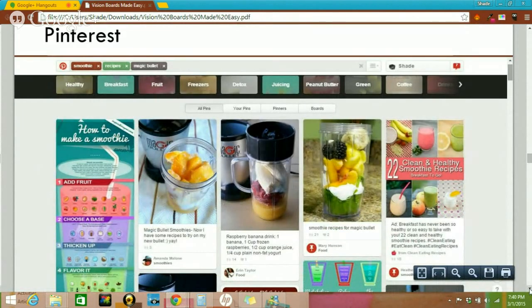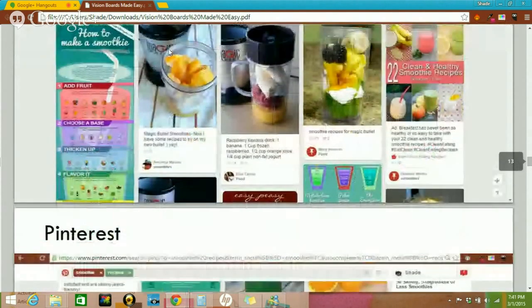Smoothies, going back to our health and fitness inspired board, you can make digital vision boards on Pinterest. They give you these different topics, and you see my name at the top. You can sign in, it's integrated with Facebook, so you don't have to create a separate account. You can integrate it with your Facebook account and sign on to Pinterest. I think it's like a Pinterest app on Facebook. And I was looking for smoothie recipes for the magic bullet. I have a bullet, and I wanted some smoothie recipes that I could easily make in the morning before I go to school or before I go to the library. And they have a plethora of items that you can look at.